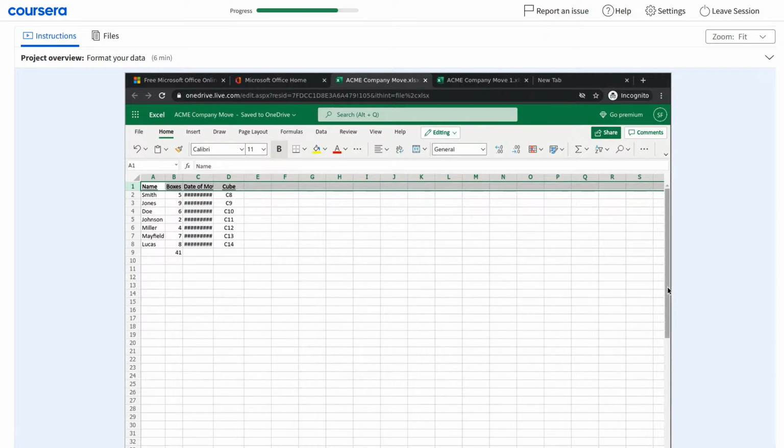Next, we're going to make this a little easier to read. If we look at column C, the date of the move is now not easy to read and is cut off. We need to auto format our columns so that they're the appropriate size and all of the information is visible